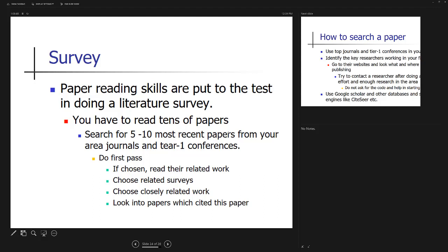Look into the papers which cited description. This is another important aspect. For example, if I wrote a paper and someone else has cited me in his references, it means it's possible that that guy might be doing the same stuff, or actually taking my paper a step further. And this way you can also see if this paper has a limitation or a shortcoming, did someone else tackle it or not. So go into the citation of this paper. It's not difficult. We'll have a look at how it may work in Google Scholar.